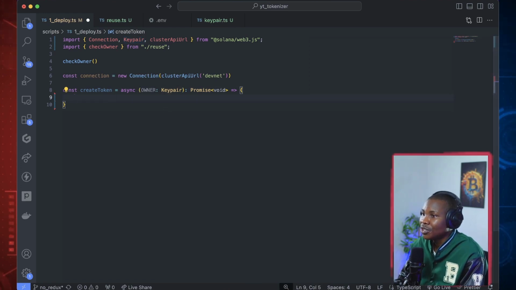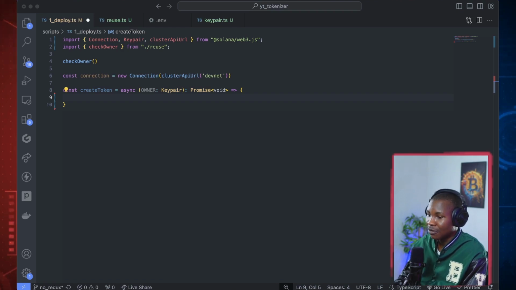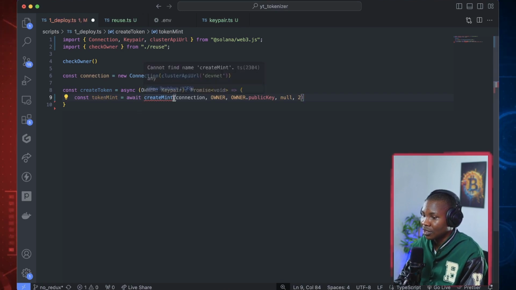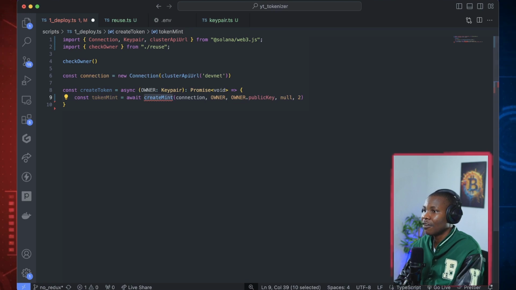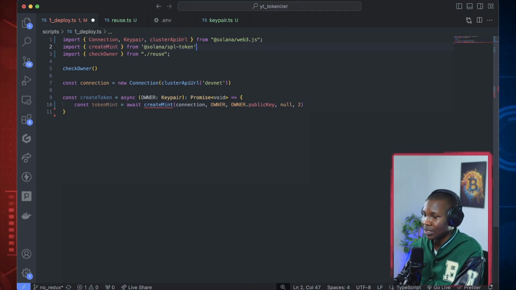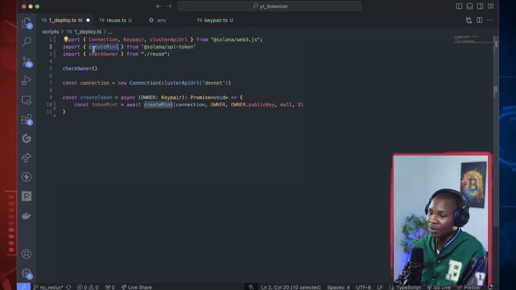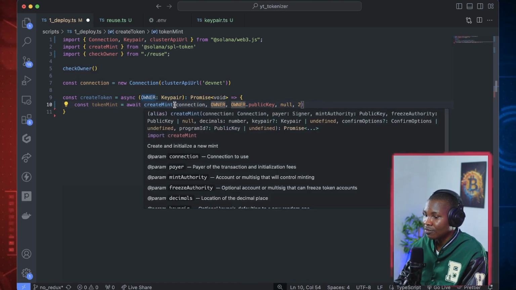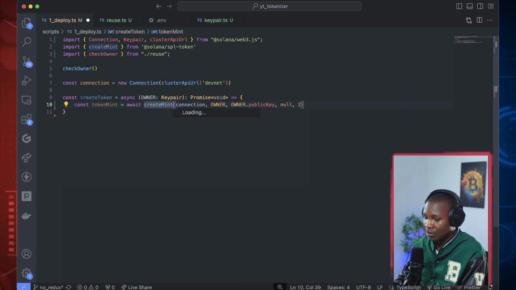So what do you need to create a token? To create a token, like we've done before, if you refer back to that project that we did, you need to import this particular function called createMint from the Solana SPL token SDK. So this place here, this SPL SDK, you need to import this create function. And once you import it, you pass in this connection. You pass in the owner key, because if you look at this,